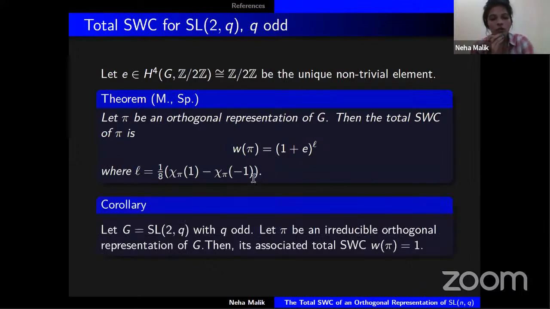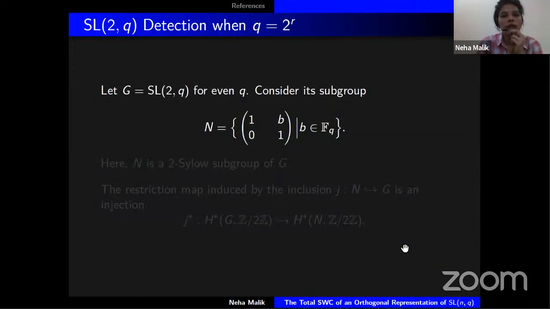Now, as a corollary to this, if you take pi to be an irreducible orthogonal representation of G, then the total Stiefel-Whitney class of this irreducible orthogonal is just trivial. So we don't get anything here. So all the higher Stiefel-Whitney classes are just 0. Now let's